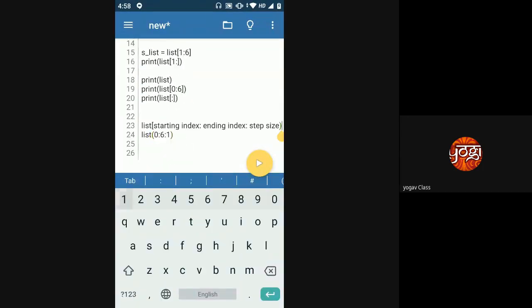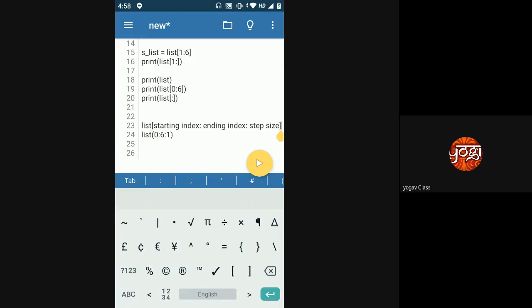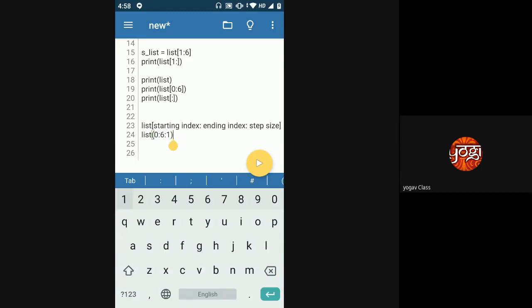Step size is basically, consider you are climbing stairs. If there are 10 steps present on that stair, and you take a step size of 1, it means you will keep your feet on every one of those 10 stairs. You are taking a step size of 1, which means you are going through all the steps present on that stair, right?